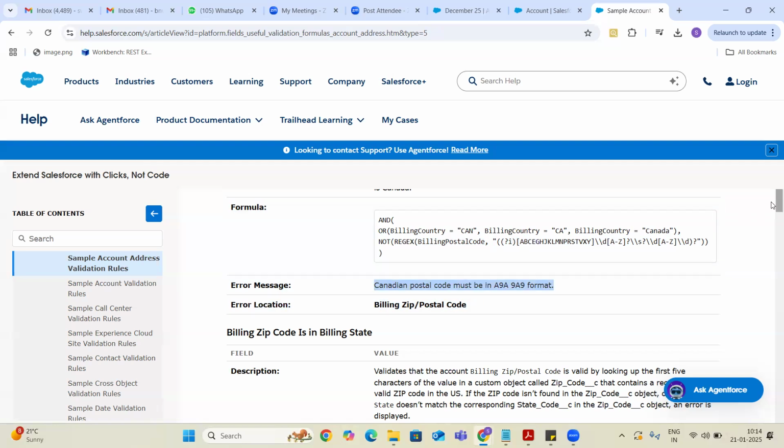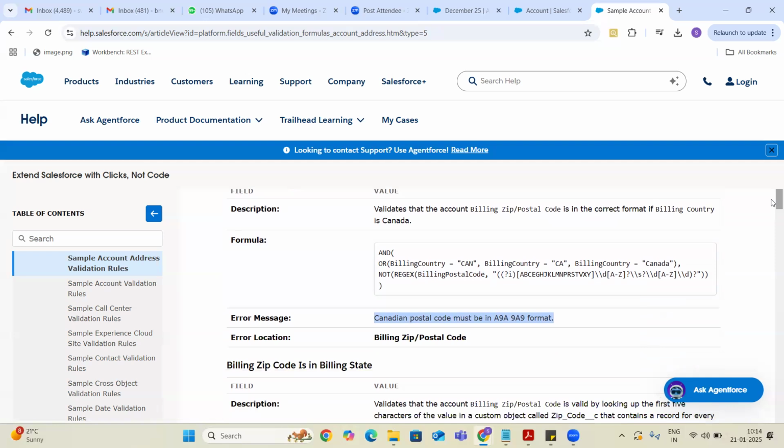Is it clear, guys? Are there any questions on this formula? Leave aside the regex. This AND condition, how they applied our condition, not condition.